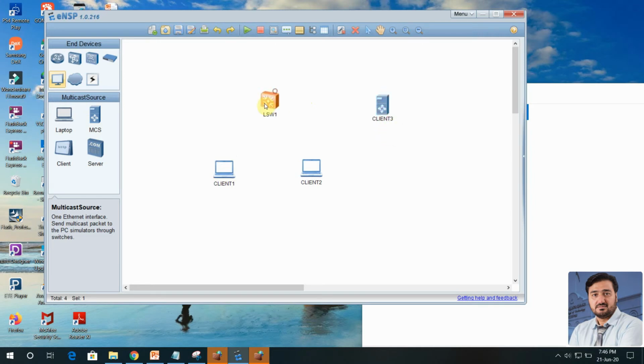Now after that, we need to make the connections, the links. So how can you create the link? Better to take the auto cable and connect it here, and connect this one. Again go to the auto and connect with the other computer. Again click here and click this one.